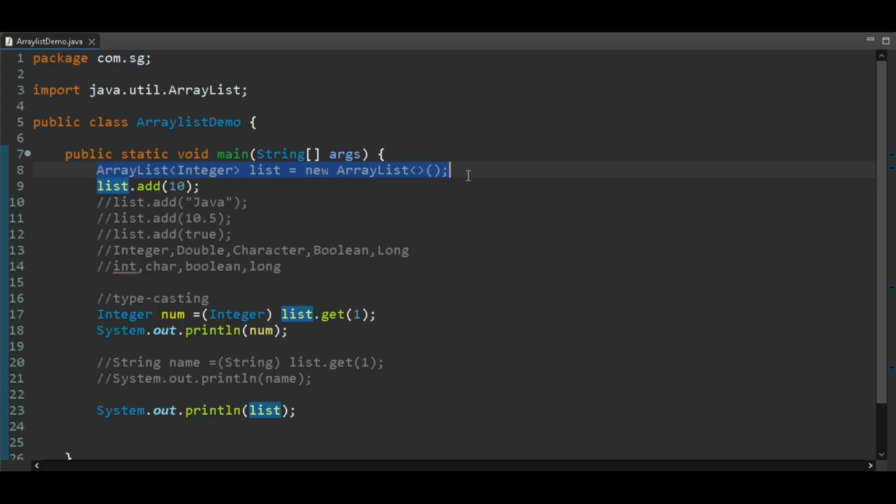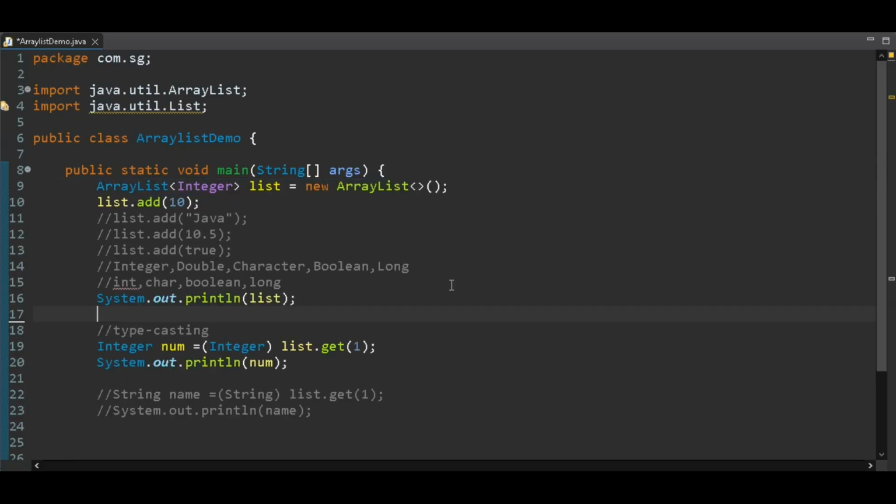So up to this we learned how to create a raw, that is simple array list, and a generic array list. And now let's understand another and most recommended approach to create an array list, and that is we can create an array list using the list interface. In fact, this is the most recommended way to create an array list. So how? Let's understand.